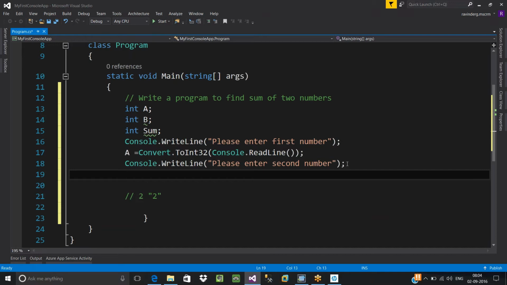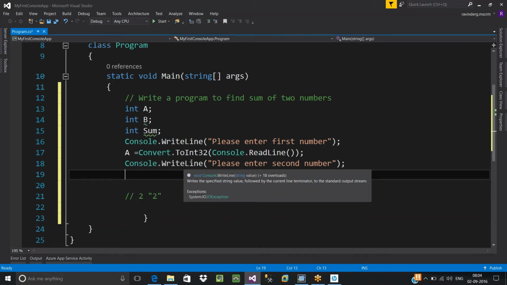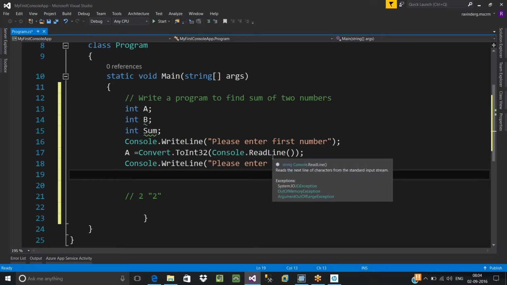So again, same story. If you want to read any value from the console window, you have to use Console.ReadLine. But when you talk about Console.ReadLine, your user is going to enter a number. Here, if you use Console.ReadLine, it reads everything in the form of a string. So a number can also be read in the form of a string.